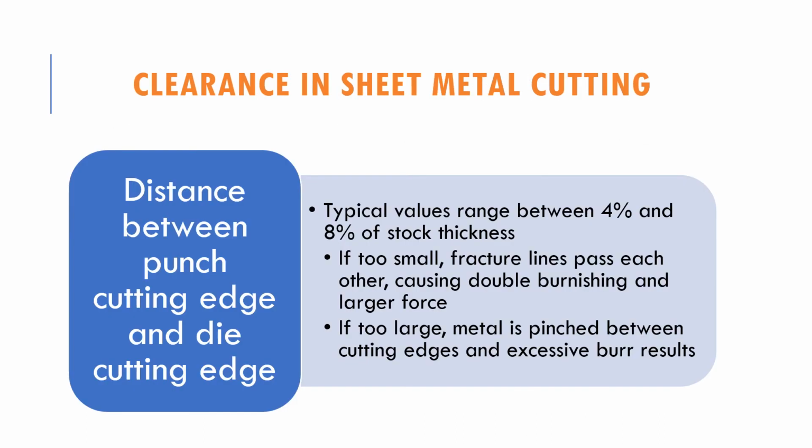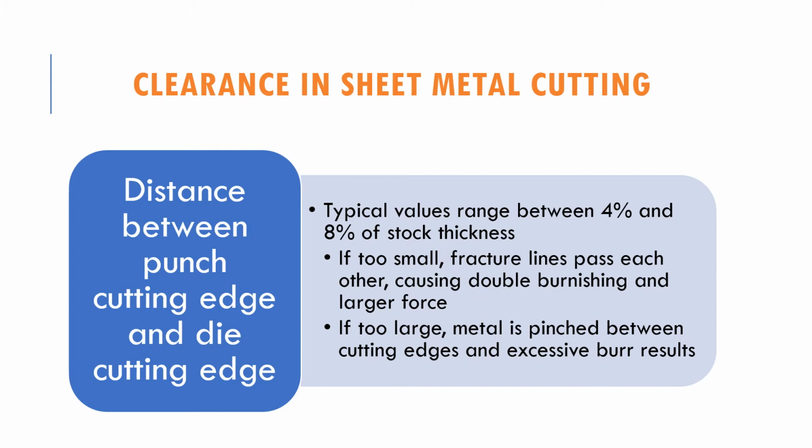When we perform sheet metal cutting, the distance between the punch cutting edge and the die cutting edge is very important. The typical value ranges around 4% to 8% of the stock thickness. If the distance is too small, it will cause the fracture lines to pass each other and cause double burnishing and large force. If it is too large, the metal is pinched between the cutting edges and